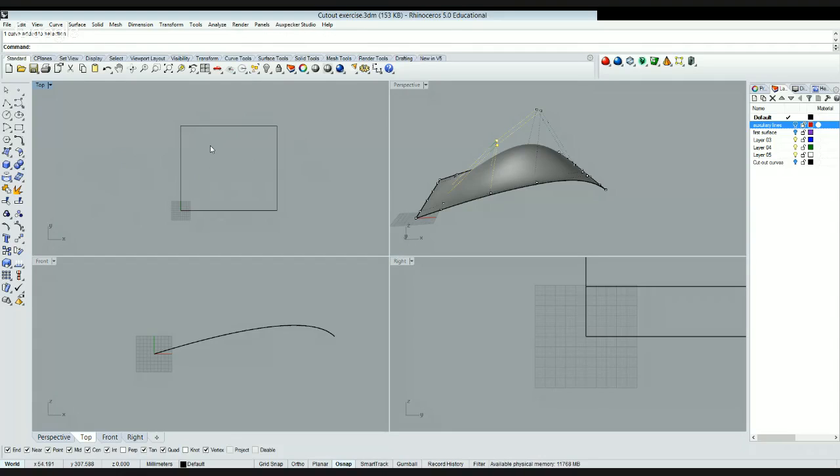Okay, so now I have the pattern to cut my surface. I will turn on my surface, and in the top viewport, I will project from this button here, project curves. I will project the pattern that I just created